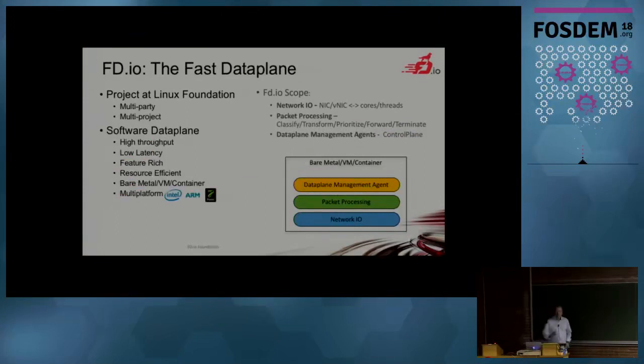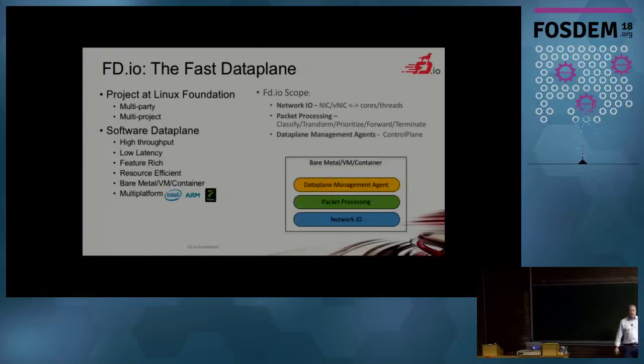Okay, so VPP stands for Vector Packet Processing. It's an open source project under Linux Foundation, and it is actually under another umbrella project, which is fd.io, which stands for fastdata.io. VPP is a software that does packet processing. What that means is that it reads packets and forwards them, and modifies them and forwards them again. This kind of thing is usually done in the Linux kernel, in other packet forwarding, or in hardware, right? So it's a software implementation.